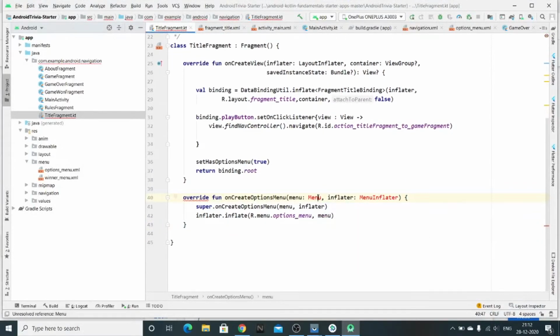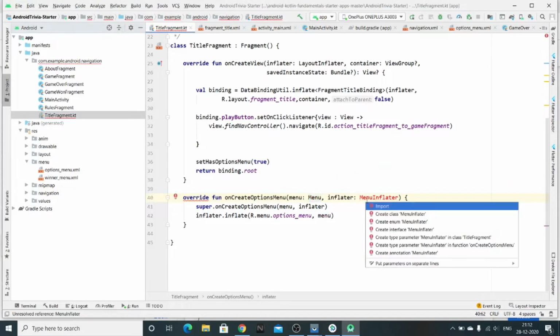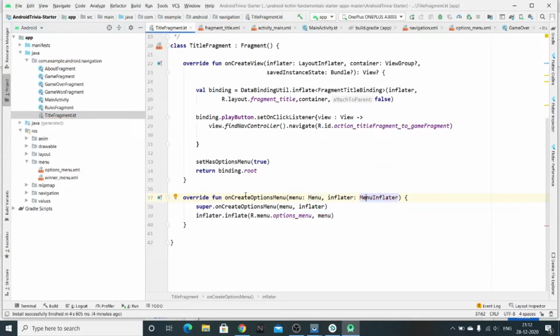Click import some packages. So here you can see that we have overridden this function, and here we are just inflating the layout that we just created for the menu in this menu folder, this option menu file.